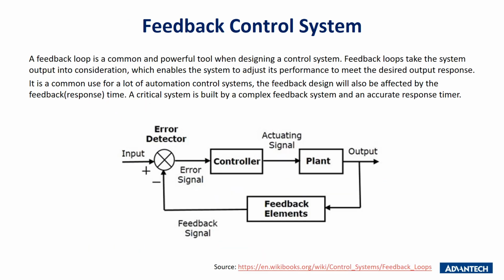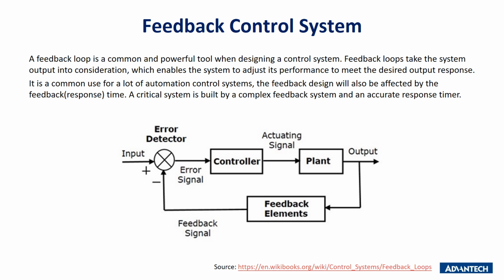A feedback loop is a common and powerful tool when designing a control system. Feedback loops take the system output into consideration, which enables the system to adjust its performance to meet the desired output response. A more complicated system will use feedback control, such as the tank level control system, which uses the level limit sensor to monitor the level. The limit sensor data is the feedback signal, which tells the system when it should close the input source. Some feedback systems feed back the signal very quickly to make the system modify the action, such as position detection, which feeds back the motor or machine's position so the system can speed up and slow down